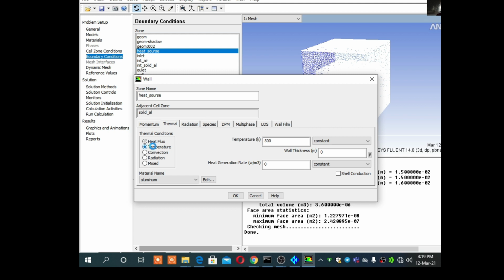But right now we are assuming temperature of 350 degree Kelvin. It means if you do 350 minus 273, it is near about 50, 60, 70, 80 degrees Celsius.